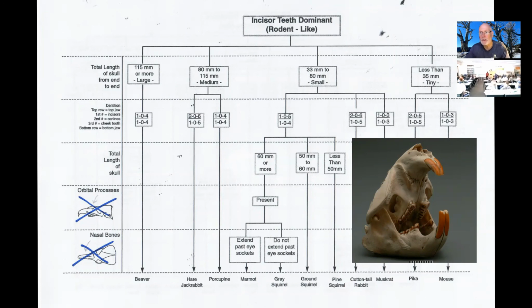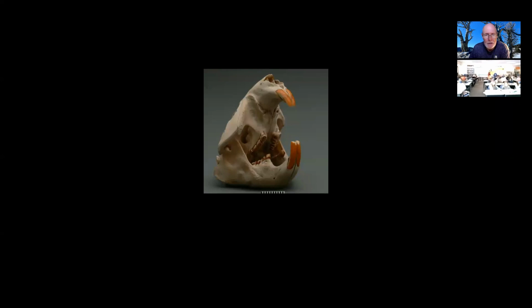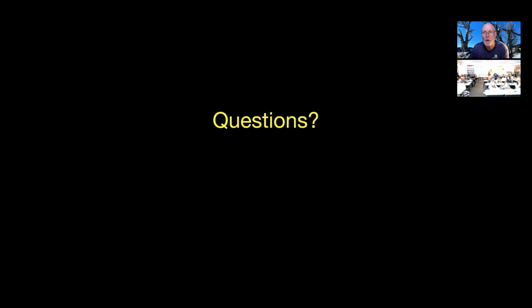So if you've got skull number 7 and you find out that it's a rabbit, then in your notebook you write 7 rabbit. That's not the right answer, by the way, but that's what you would do. Then draw a picture of it and tell what kind of food that particular animal eats. All right. So there's another picture of a skull that you would do that with. Are there any questions before you go on?